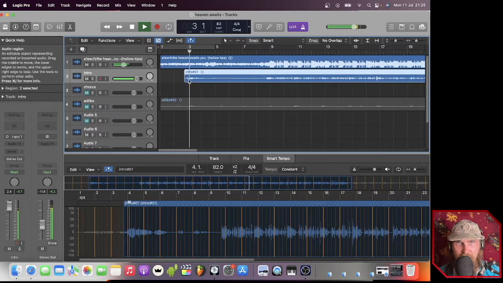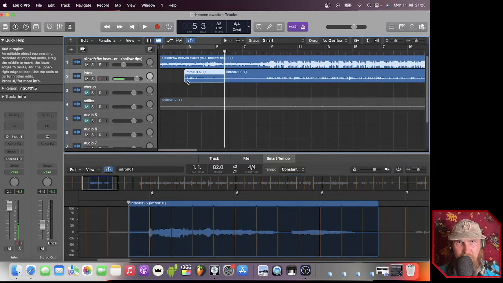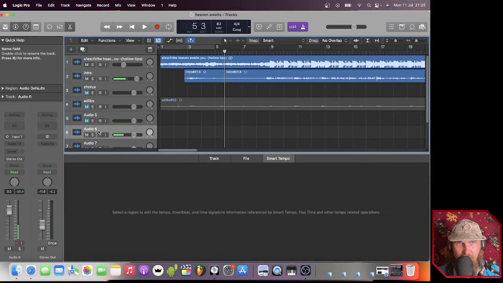I'm going to drag that to where it begins. Alright, so then what I'm going to do, I'm going to hit Command and T. That's going to split it. I kind of like this bit, so I'm going to keep it in there. What I need to do, I need to change this to being used. That one hasn't been used, so I'm going to change this one to